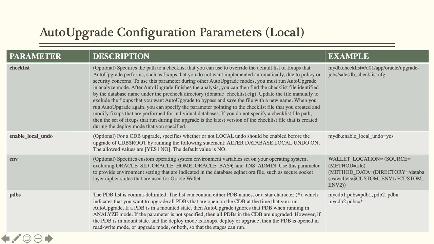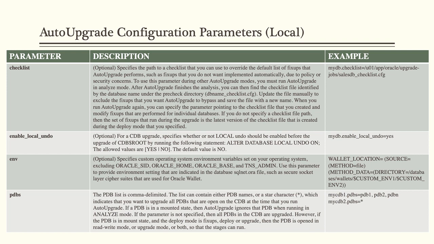So I am switching back. The first parameter is a checklist. If you want, you can specify a custom checklist. Custom checklist means generally Oracle is coded to do certain checks prior to doing the upgrade, and then it reports any non-compliances. If you see that those auto upgrade fix ups that Oracle implements by default do not follow your organization's security policy concerns, then you are free to define your own checklist.